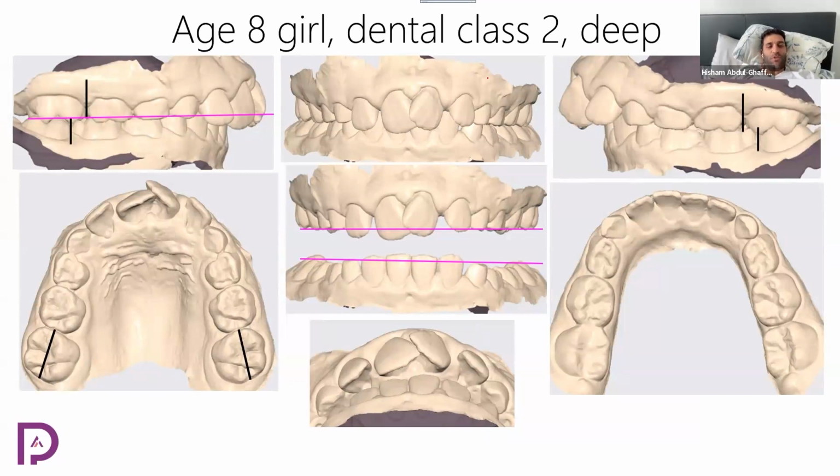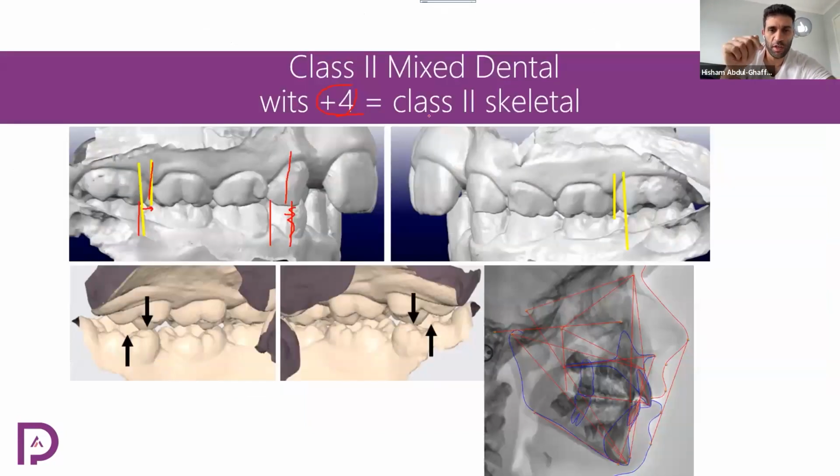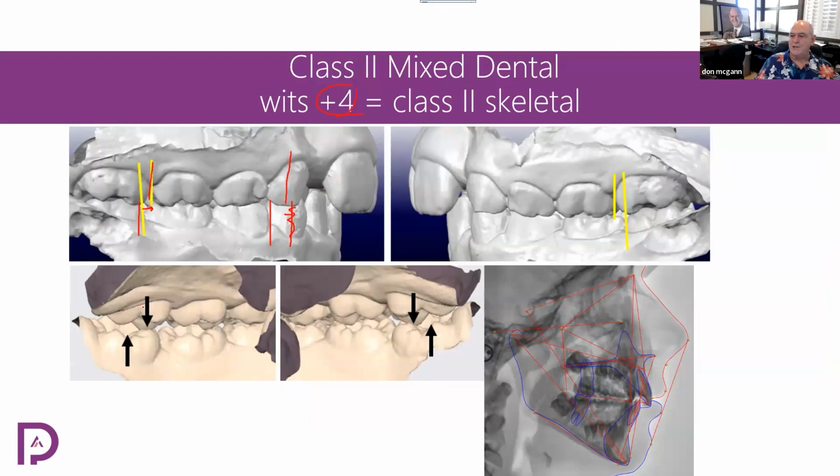Dr. McGann, I want to clarify in that last one, you mean that the palatal cusp of the upper first molar should be in the groove of the lower, in the mixed or in the permanent dentition? Both. I'm looking at both for it to be class 1. I'm looking at the permanent molar here, the 6s, right? So this is a class 2 by this amount